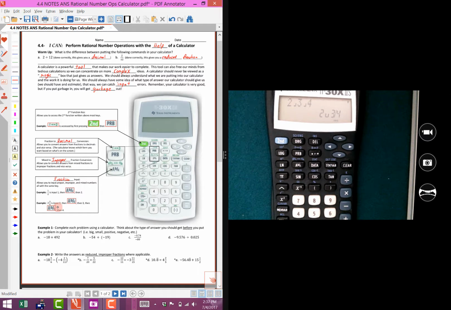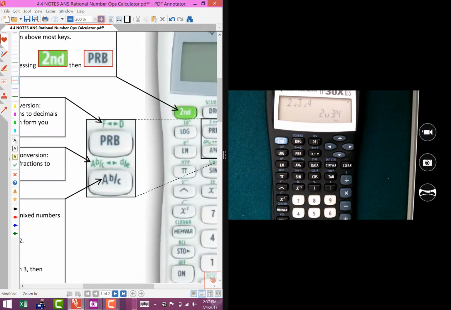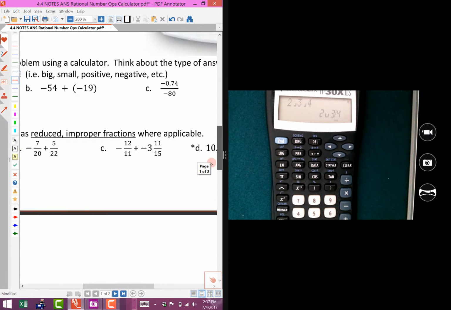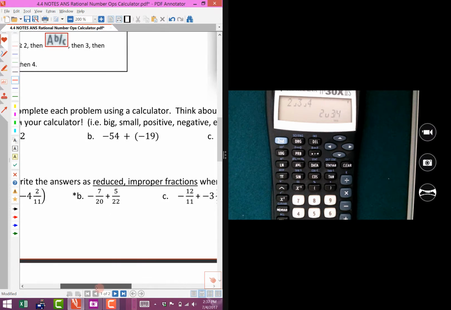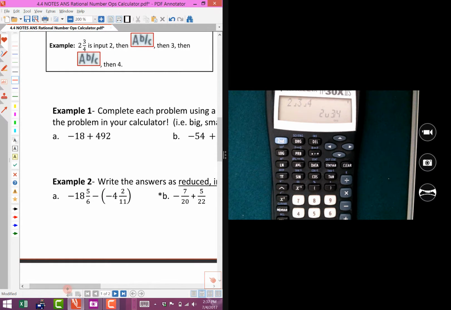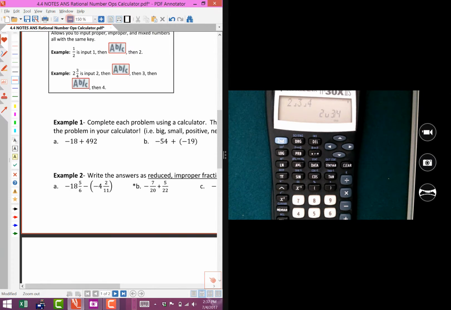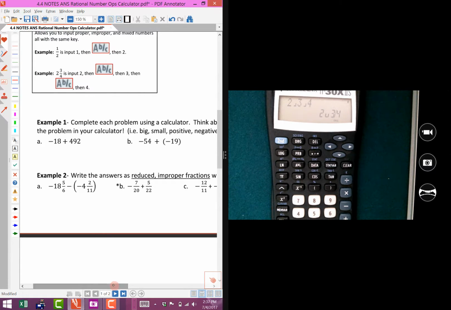So now that we know how to input those, we're going to go through and do each one of these problems. So I am going to blow this up just a bit, and you've got a full size one of those on your paper. So hopefully you can just follow through with these. I'm going to put the 2 of them right here. So again, we're going to do a couple that have just integers. So I'm going to do the first one. I'm going to clear this off,